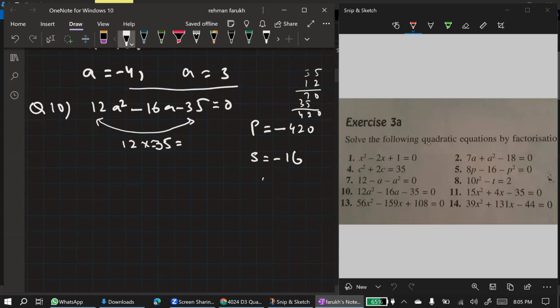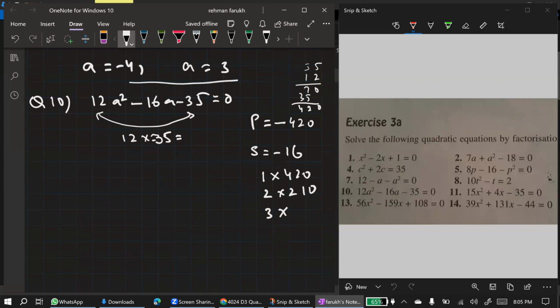Now we will make pairs of -420: 1 into 420, 2 into 210, 3 into